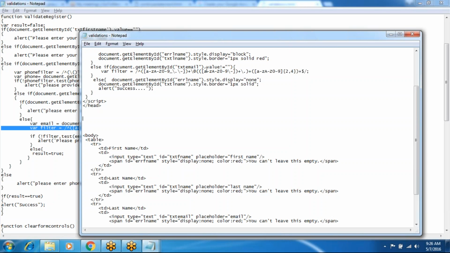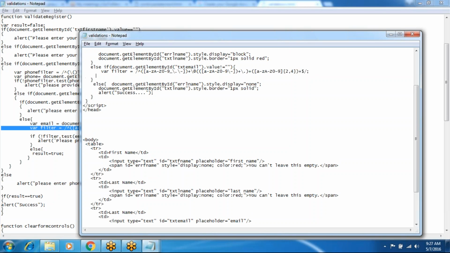If the text box value is not equal to empty, it will go to this if condition, and if not filter.test method.